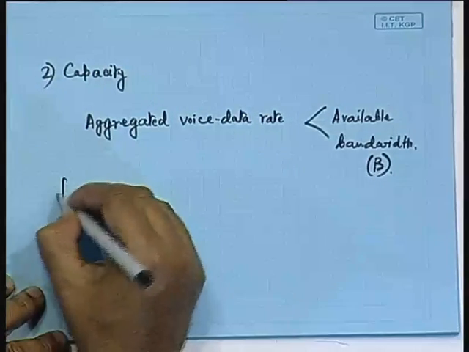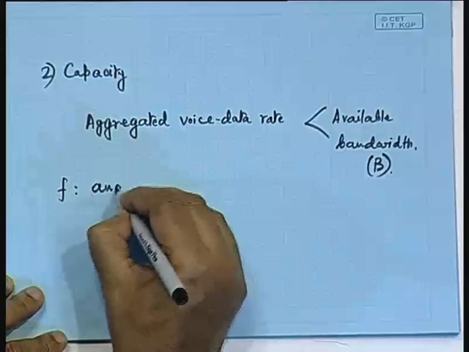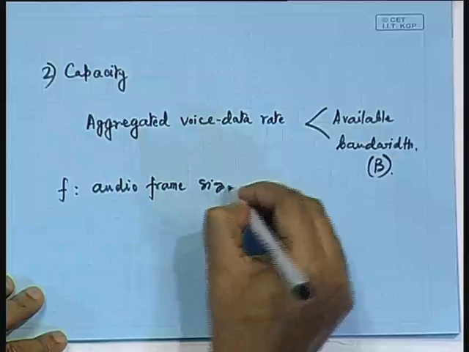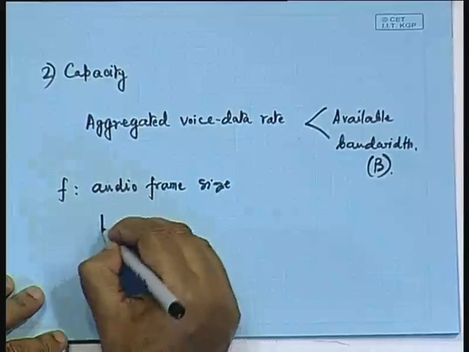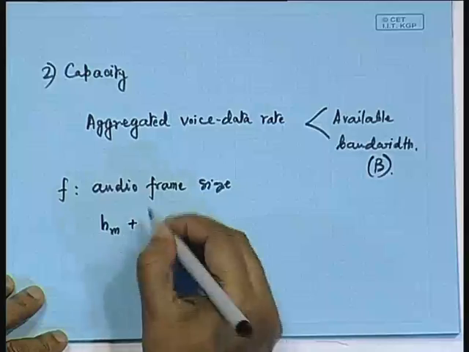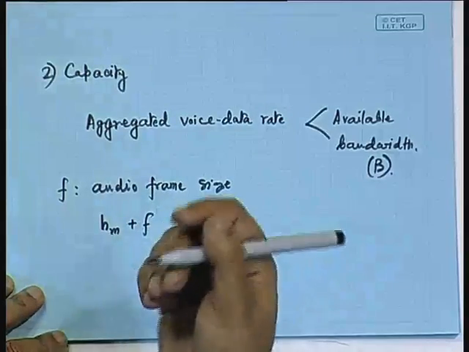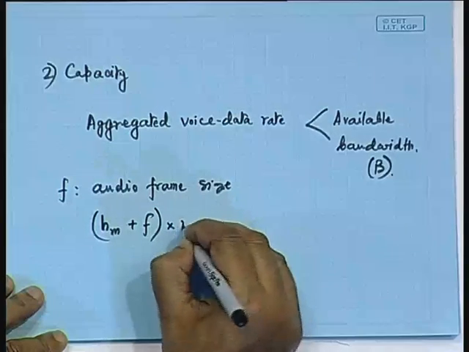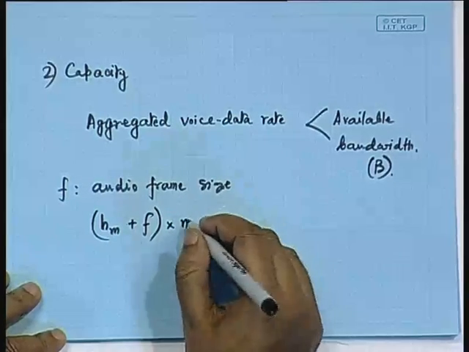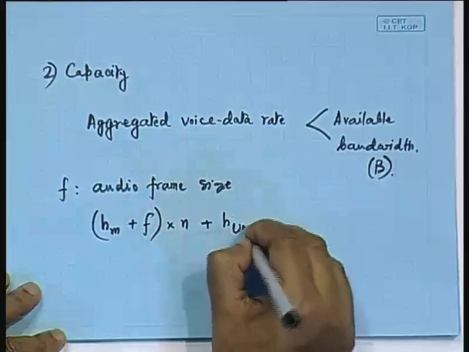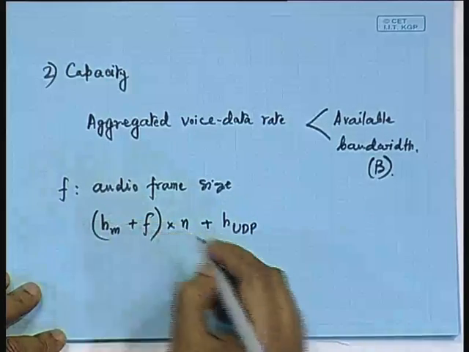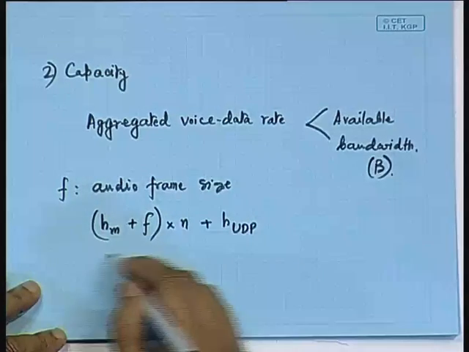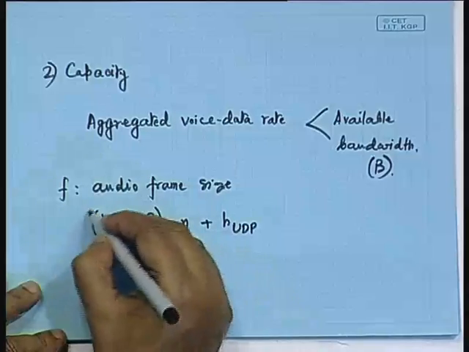Let us say that F is the audio frame size, and we have the mini header as HM. So HM plus F, where F is the same as what we were calling A, no problem. HM plus F, times N, the number of simultaneous streams, plus the header of UDP. So this is the overall payload size